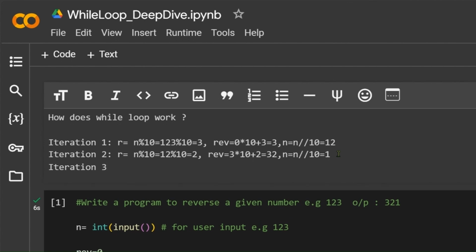Okay, now in iteration 3, what is going to happen? Let's see. Iteration 3, r, same thing. r is n modulus 10, 1 modulus 10, the remainder would be 1. Then rev is equal to, what was rev earlier? 32, from the previous iteration, 32 into 10. Okay, and then what was that? R. So r we just calculated, r is 1. And now the number, n was 1, and 1 double divide 10